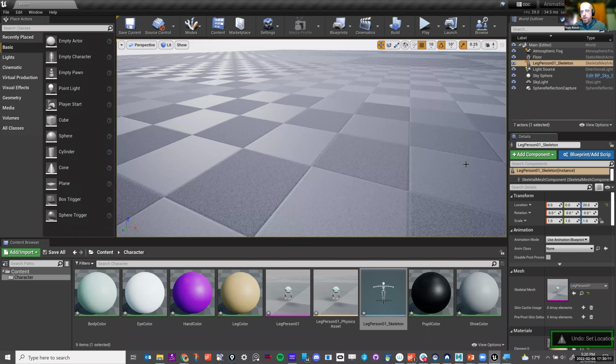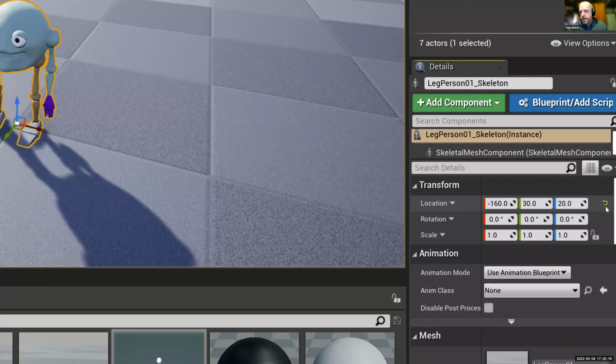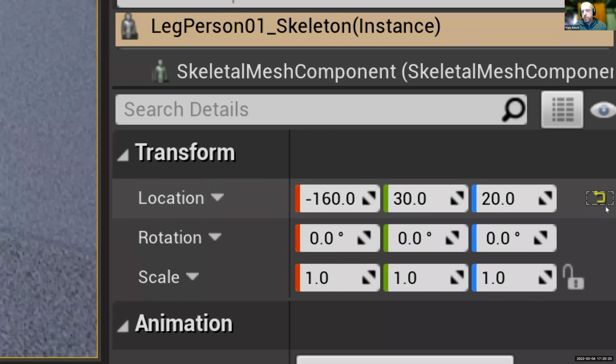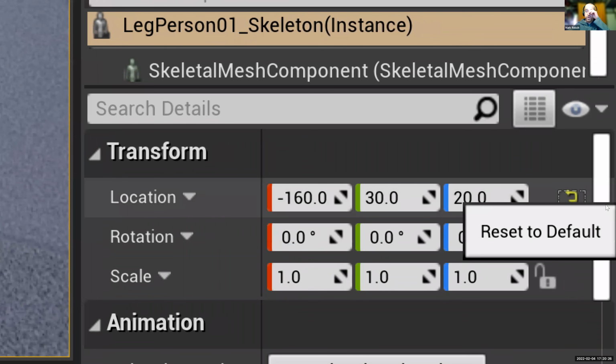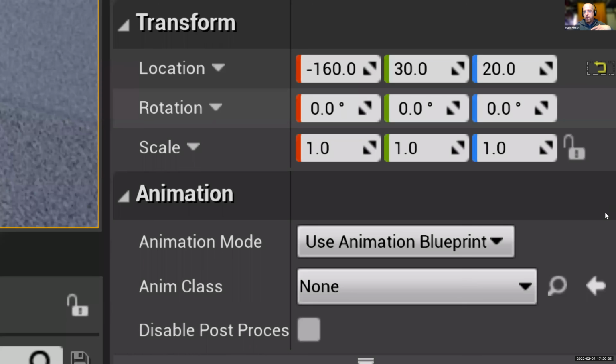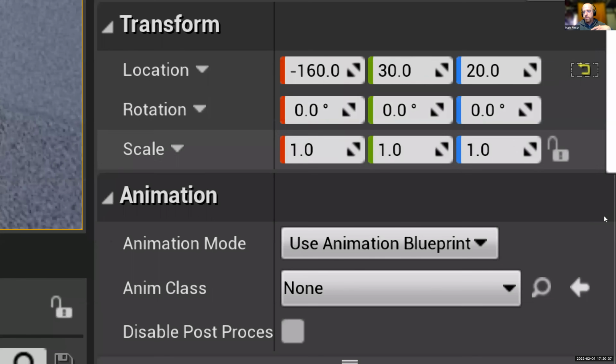The other thing that it will also do, if I bring this back, see this little, it's super small. But this was something that I didn't know when I was first starting Unreal, is that whenever you see one of these little hooks here, it's basically like a reset to default. So if you're making some changes, and if it doesn't have one of those little hooks behind it, that means it's already at the default.